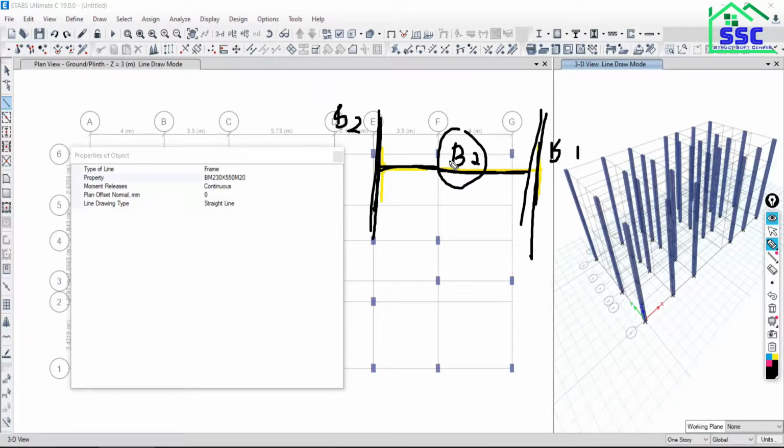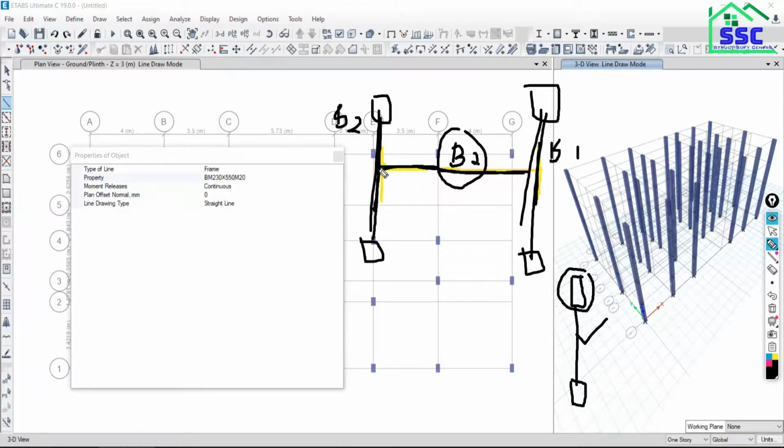Secondary beam. The beam running from column to column, we are calling it the primary beam. This is actually the fixed beam. The beam which is going to rest over the primary beam, this is the column, this is the column, this one is the column, and this one is the column.